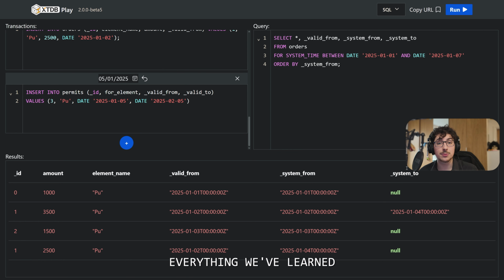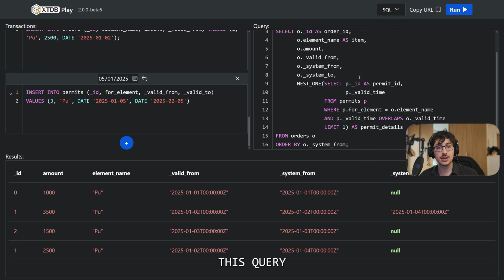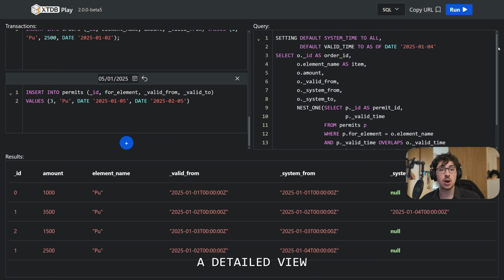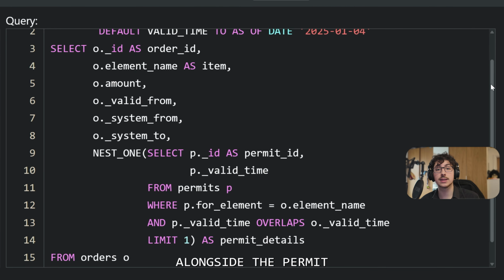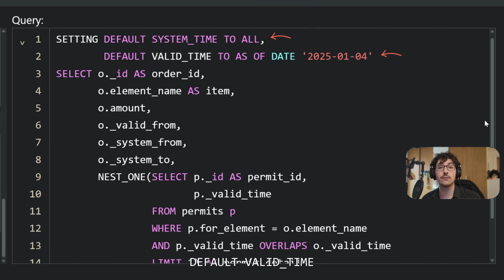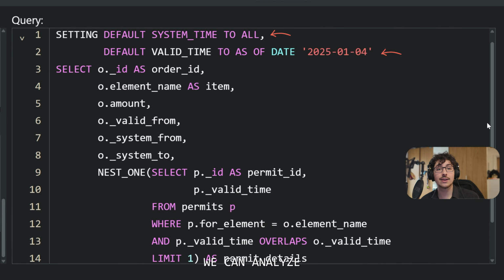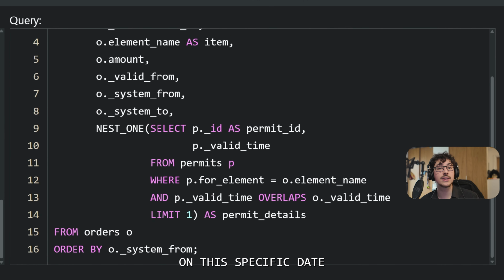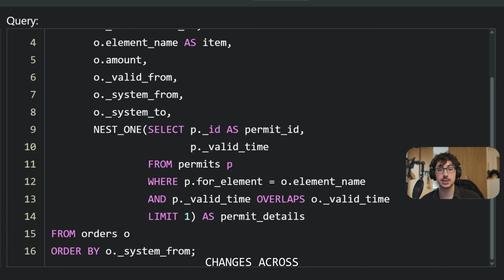Finally, let's combine everything we've learned into one big single operation. Due to the size, I'm just going to paste the query. This query will give us a detailed view of each order alongside the permit that was valid for it at the time. By setting the default system time to all and the default valid time to the 4th of Jan, we can analyze the state of the data on this specific date while considering all system time changes across its